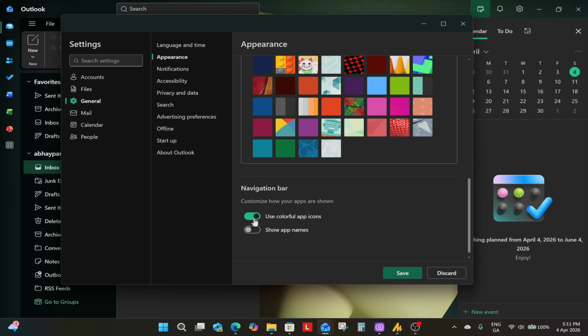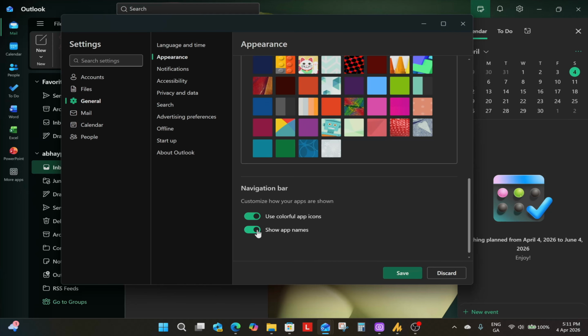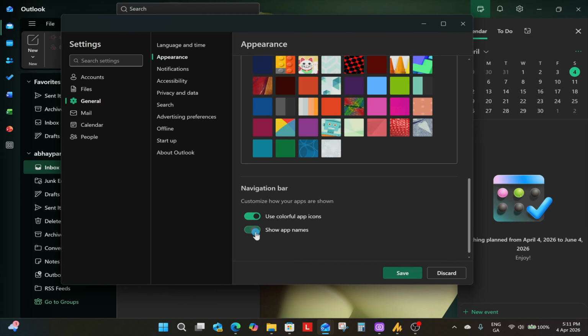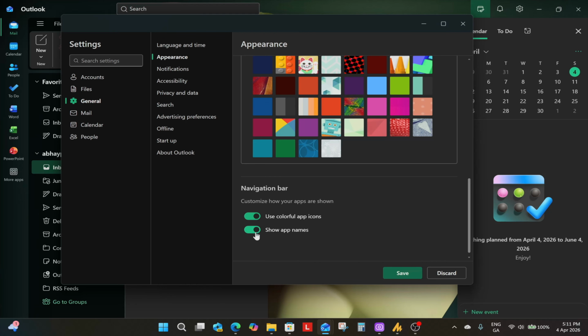Let's say I want to also add names since these icons are not very clear to me. I could then turn this on. It would then add a name to each of these options out here, right? So if I want a leaner look, I could just disable this. Or if I would like to have a name or a label, it would basically show all the app names on the left. And that's how you look at changing your Outlook and adding various appearances in terms of themes,